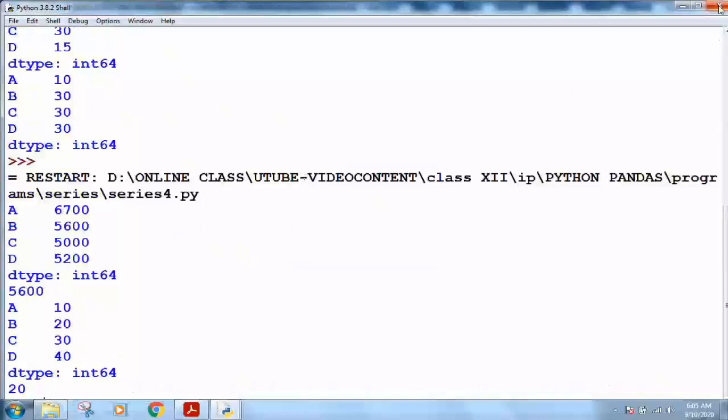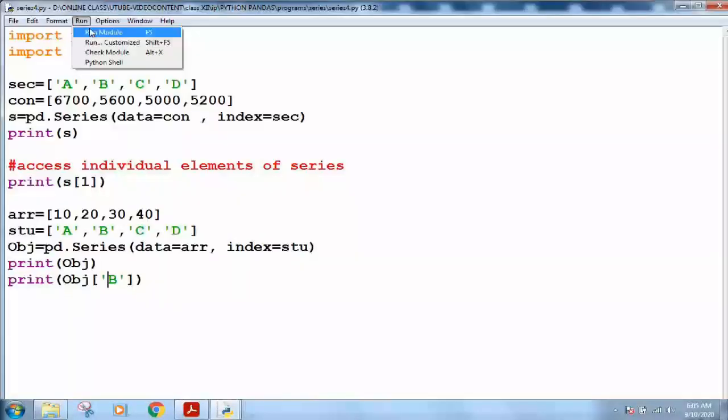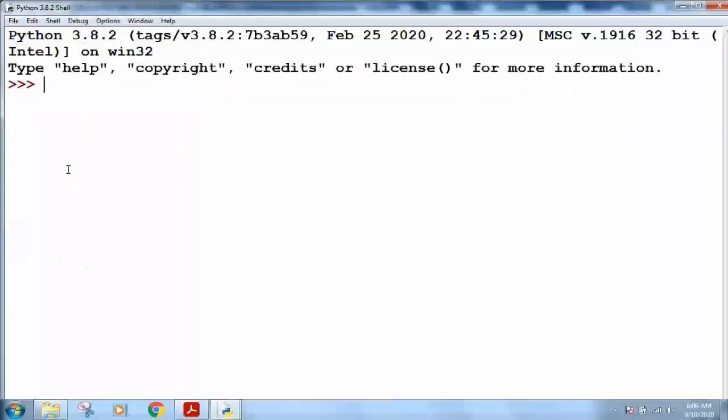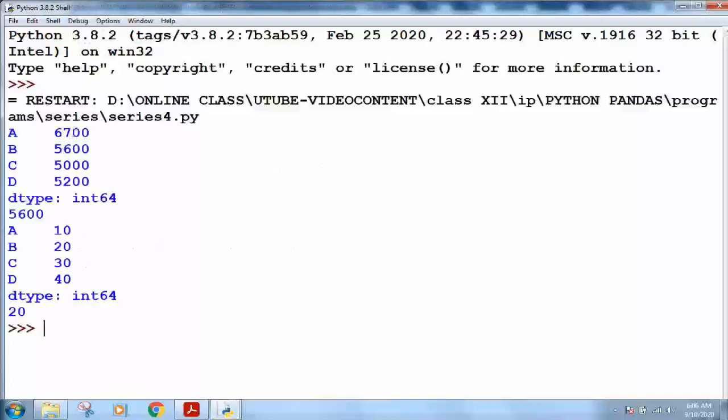I'm executing again to make it more clear. Okay, now see here, I am executing this. This is the thing which we have done: we have first this series, and if I write s1, the index will be this one and it is showing the value of this element.